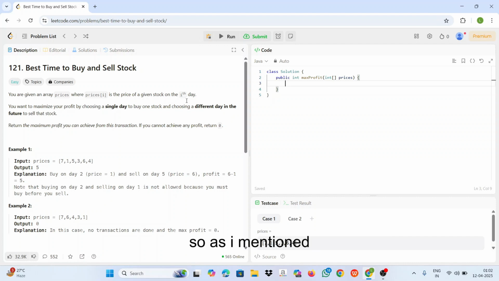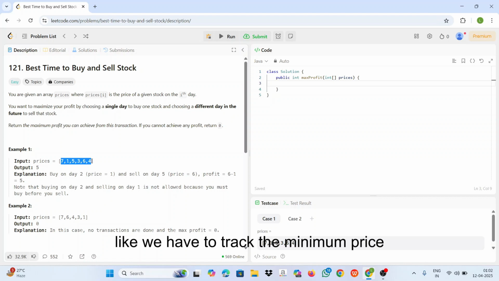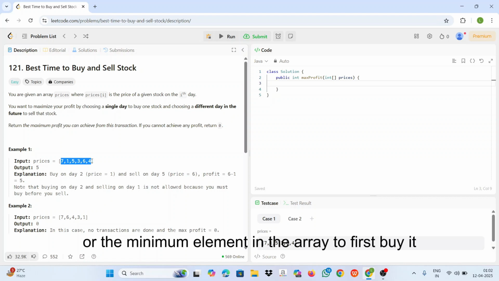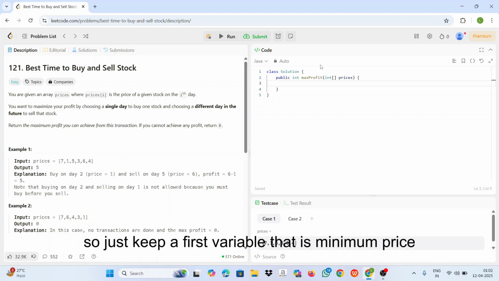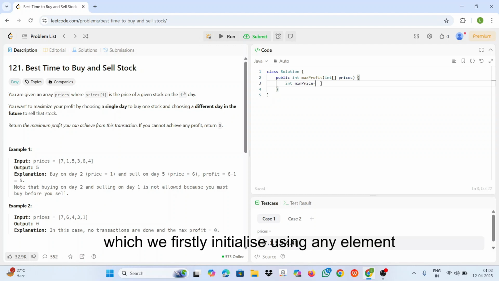So as I mentioned, we'll use the sliding window pattern here and track the minimum price first. We have to track the minimum element in the array to buy at. So just keep a first variable, minPrice, which we initialize to the standard max value.